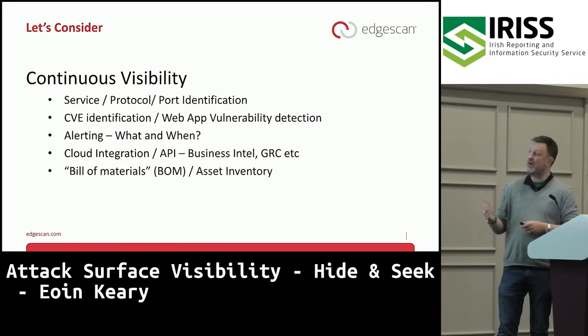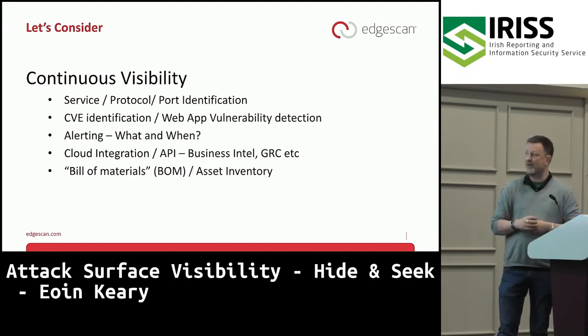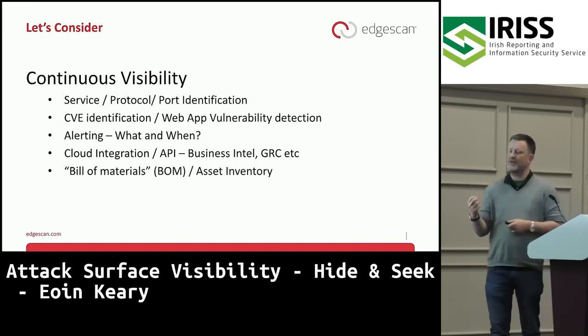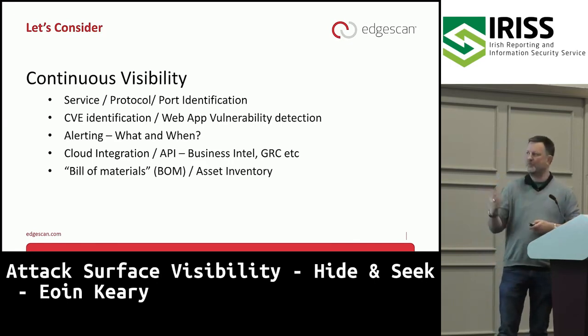At any point in time, you may see what have I got live facing the internet, or maybe some B2B systems, what APIs do I have live, etc. And in doing this over time, you start to get metrics about what's being deployed insecurely. You can generate alerts. You can, in effect, find what's going on at any point in time. And also, by virtue of doing this on a continuous basis, you might wind up with a bill of materials, or an asset registry of what do I have facing the internet,